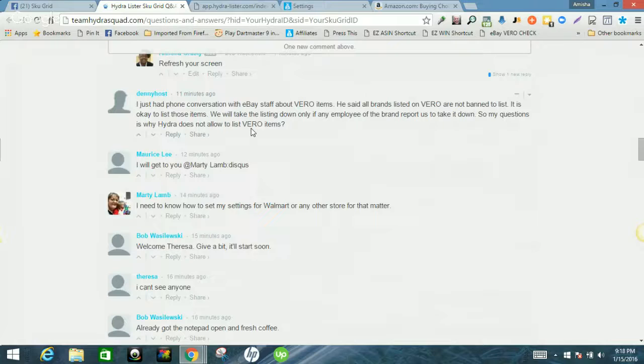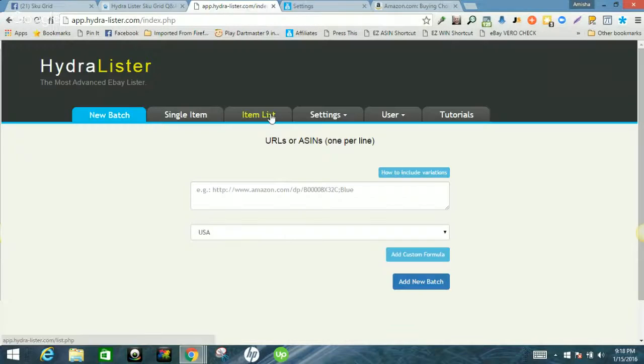Okay, so it's not that they're banned for you to list. They just don't like you listing their items and using their images. So you can get slammed for that if they find you, and all it takes is for an employee to find you and hunt you down, and then they'll start flagging all your listings and you get all these violations. So what Hydra does is every time you list an item,